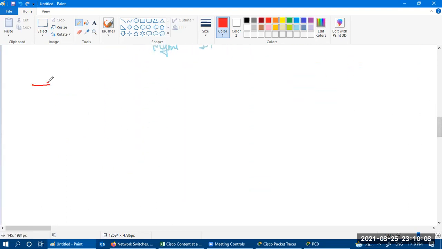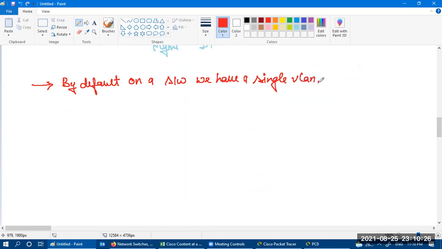Okay, so by default on a switch, we have a single VLAN and all ports are members of VLAN 1.